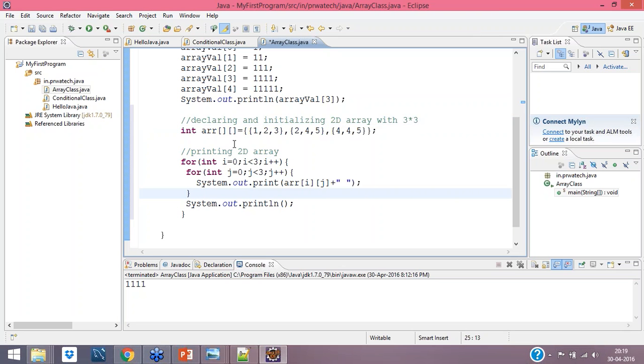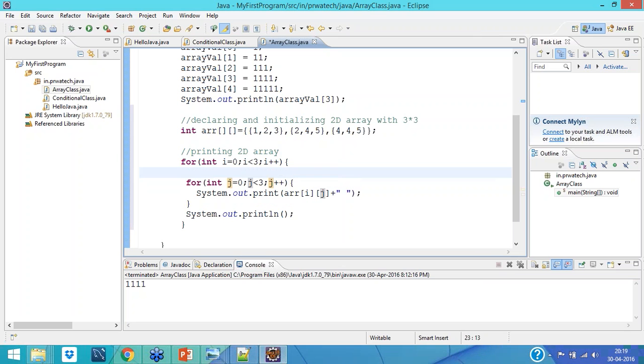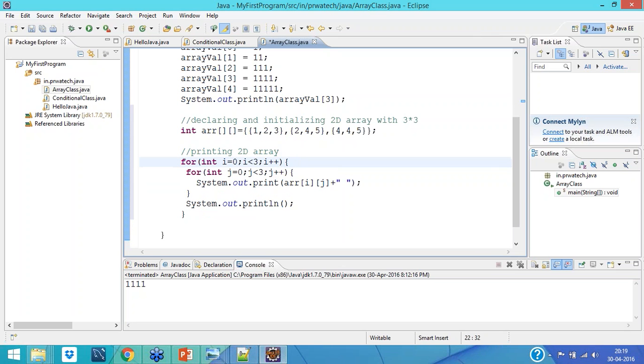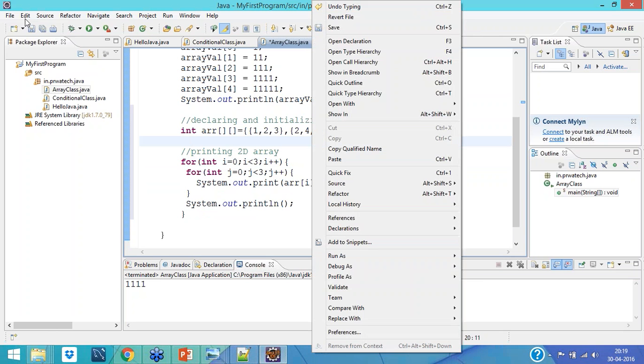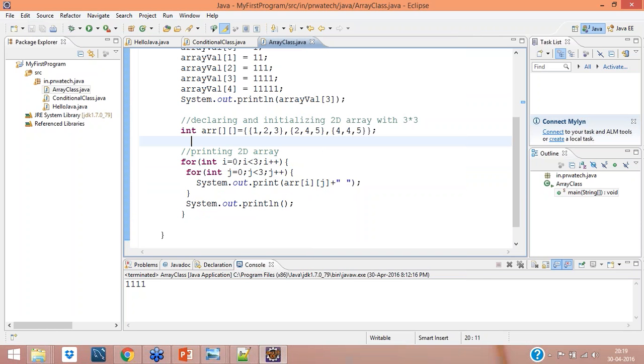I want to print this array of i j, means 0 0, 0 1, 0 2, 1 0, 1 1, 1 2, then again 2 0, 2 1, 2 2. So first this for loop will come. I'll explain. Let me give you the output first.